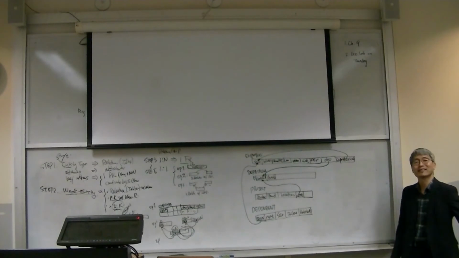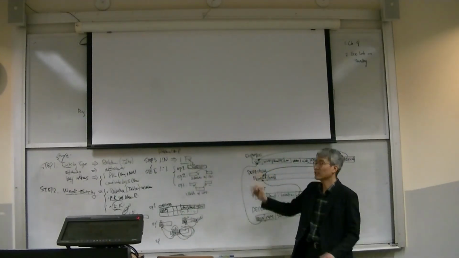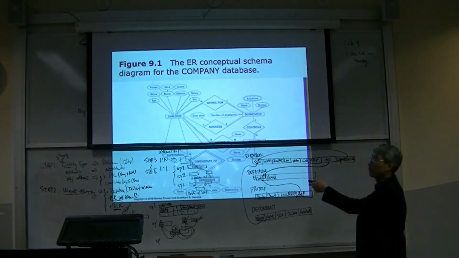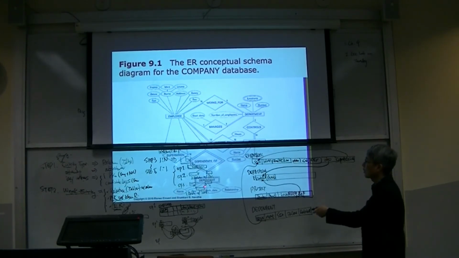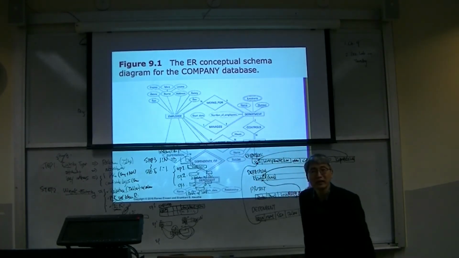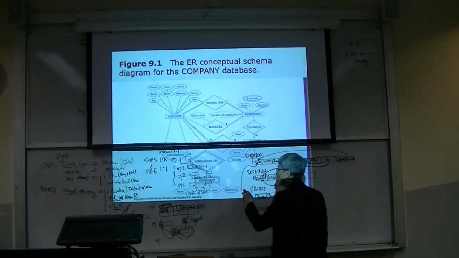Which one will be best? We can select option 2. Why? There is another relationship, works for. If we combine employee and department, we cannot keep the works for, right? We lose the information about the works for. Third one, we have only start date. It's not very complicated information. So we can select option 2, which means